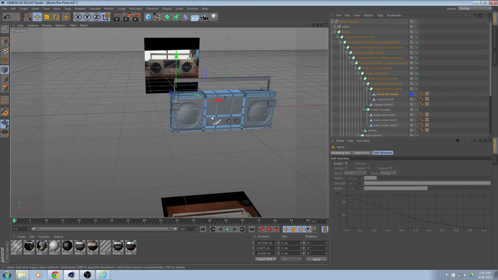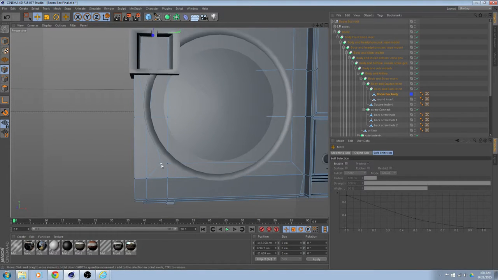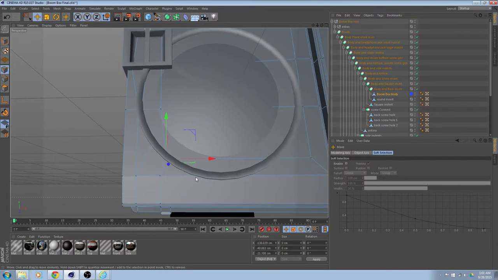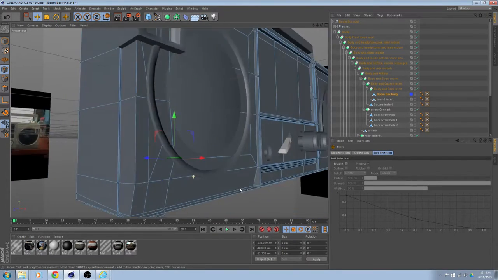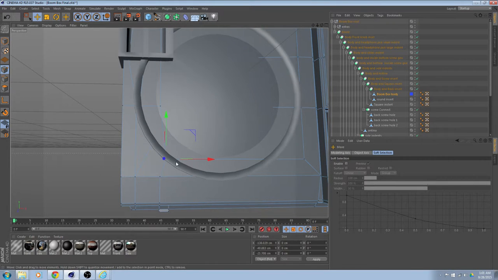Alright, so I might have to go ahead and cut some stuff out. Alright, there's that. There's that. So I might need some more geometry as far as,